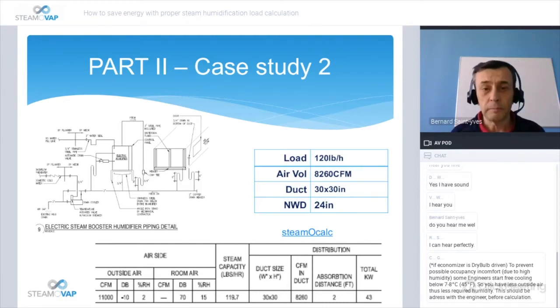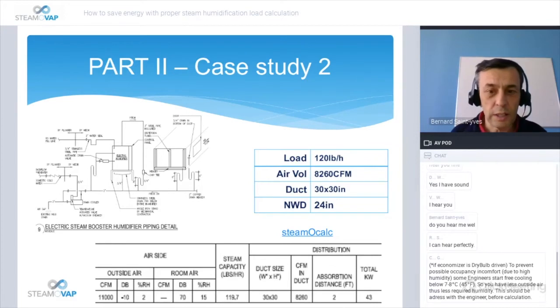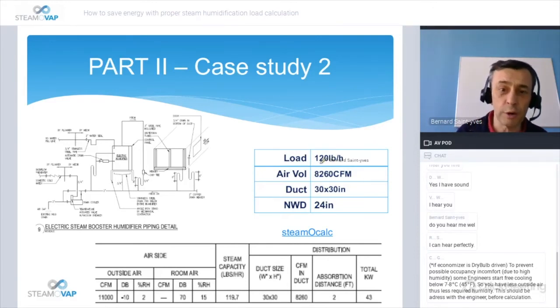The second case study is a laboratory. So it's quite different from a school, okay? Laboratories sometimes have very specific conditions. This one came in 2 weeks ago: 100 pounds an hour, 8,260 CFM, 30 by 30 inch duct, and then 24-inch non-wetting distance. So we have more non-wetting distance, but we have a very, very small duct for this load,